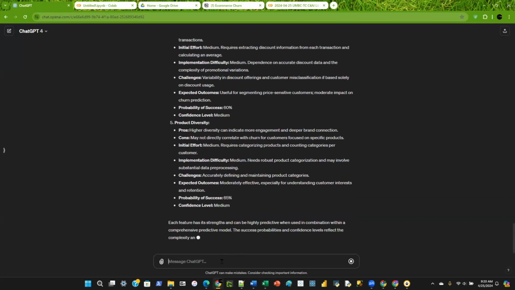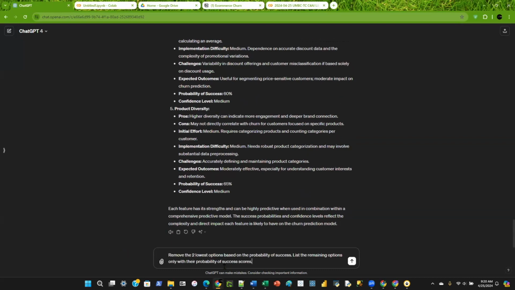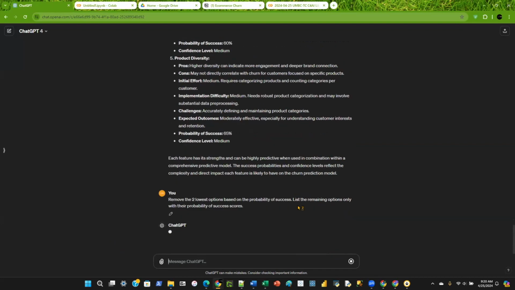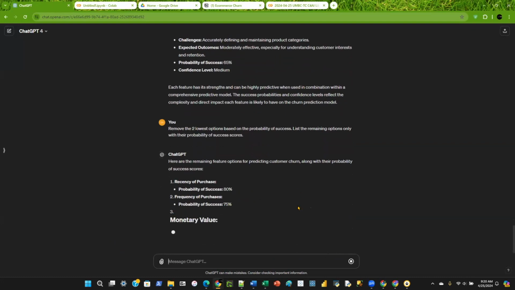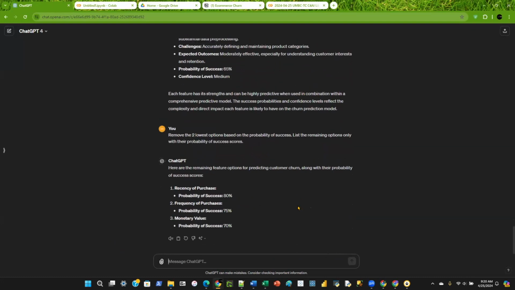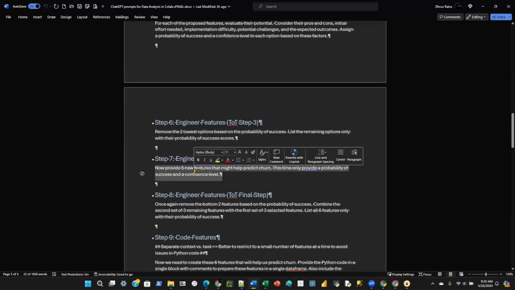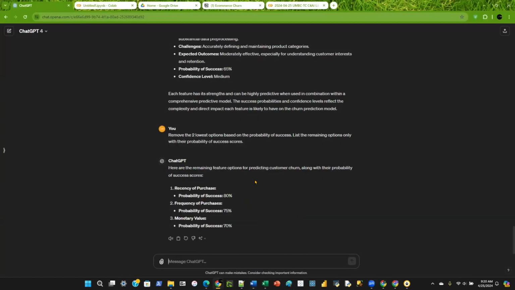Okay. I'm going to say, let's remove the 2 lowest options based on the probability of success. List the remaining options only with their probability of success scores. So just eliminate 2 of them. Now I'm going to add 5 more, and I'm going to eliminate 2 of them. So I'm going to continuously repeat this process, which is kind of at the heart of the tree of thought prompting